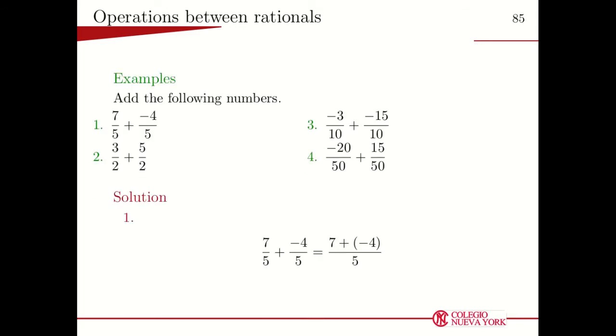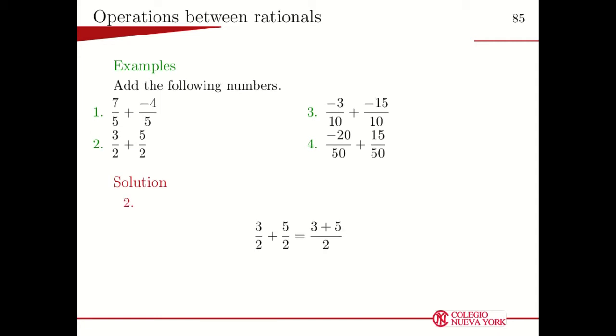In the first example, we have 7/5 plus -4/5. All we do is keep the same denominator and add the numerators. 7 plus -4 is 3, and the denominator remains the same. So we have 3/5. Let's look at the second example. We have 3/2 plus 5/2. Again, the denominator stays the same, and we add the numerators. 3 plus 5 is 8. Remember that we must always simplify whenever we can, and we can simplify 8/2 by 2, and we have a